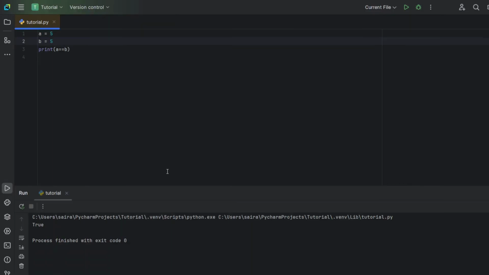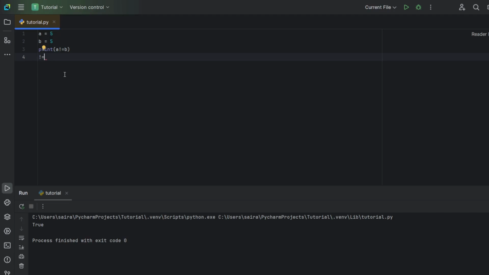Next, we'll move on to the exact converse of it, the not equal to operator, and is denoted like this, using an exclamation mark. So, not equal to operator is an exclamation mark and an equal to. The only difference is, if they're equal, the result of the comparison is false.